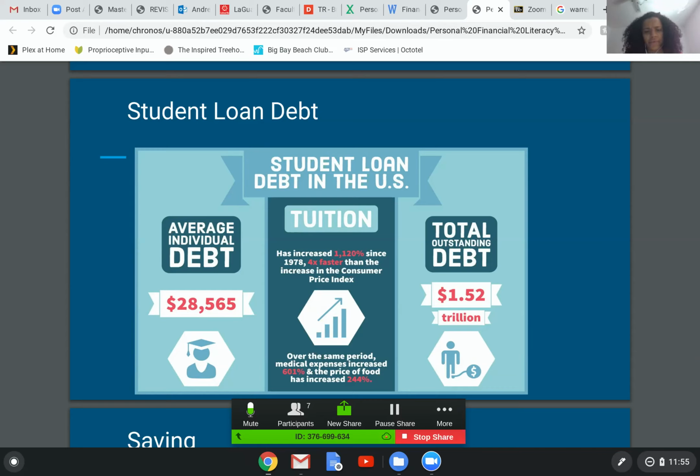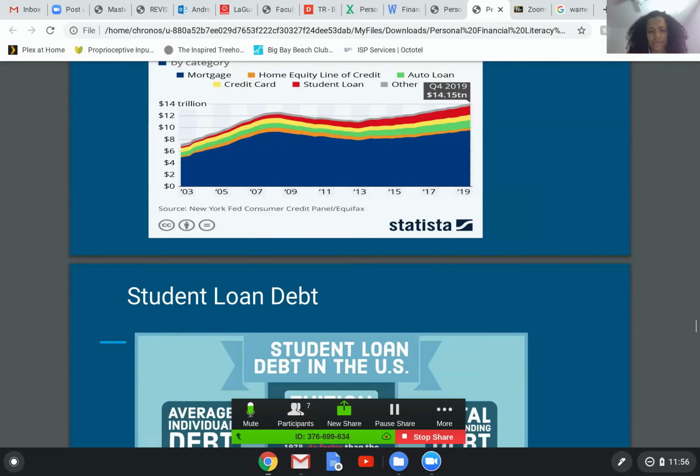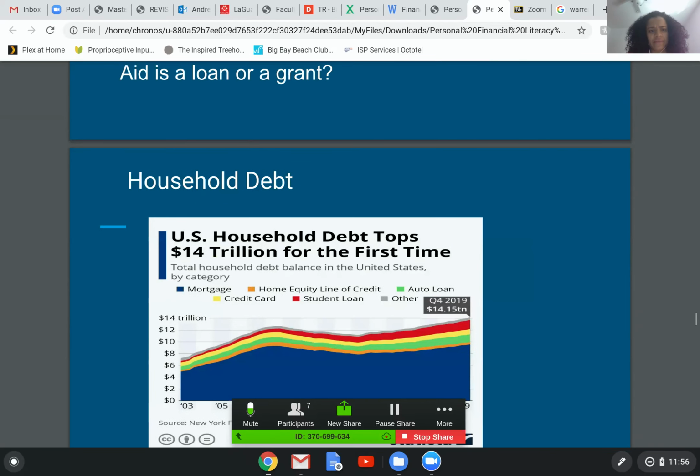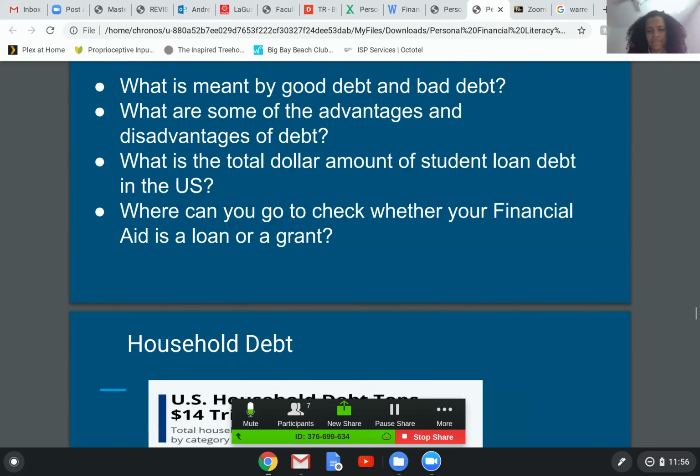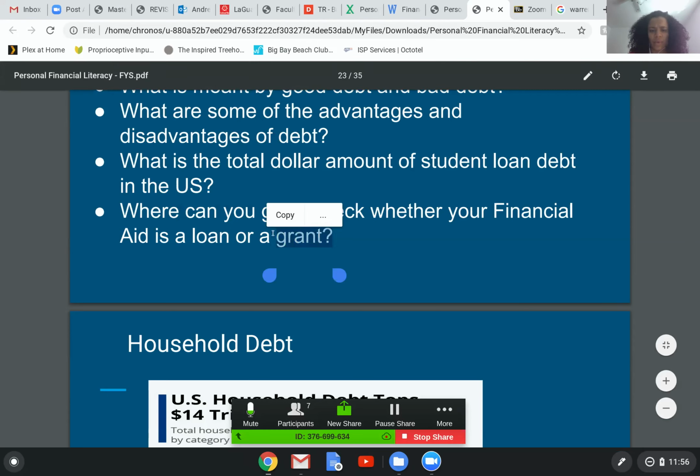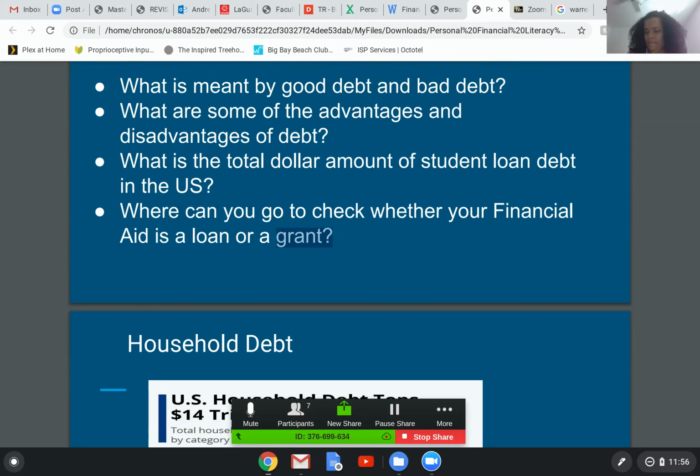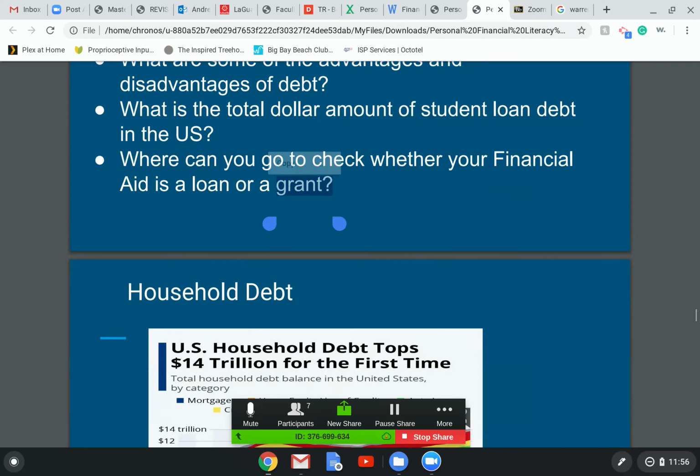So that's unfortunate, because tuition is what the students are paying, so it's ending up going higher and higher, and that's also resulting in more student loan debt. So 1.5 trillion is the number that we're looking at. For most LaGuardia students, we're talking about Pell grants and TAP and so on. So for the most part, the financial aid is a grant. How is a grant different from a loan? A grant you don't have to pay back, and a loan you have to pay back.